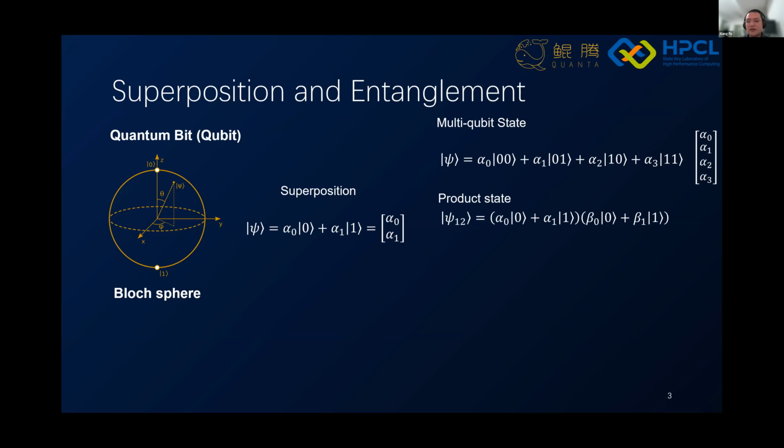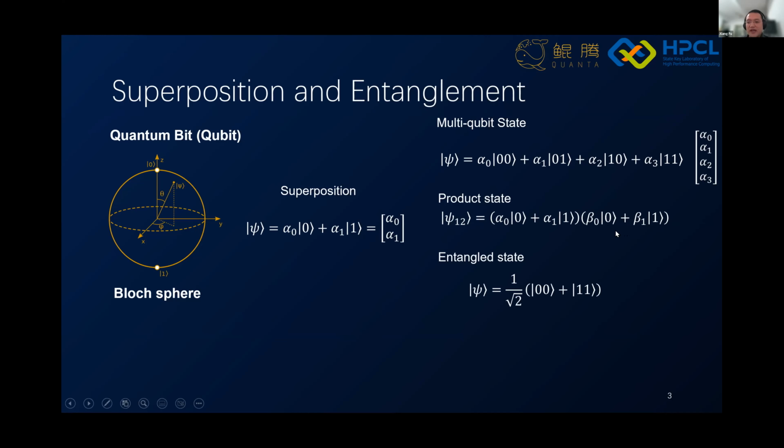Actually, multiple qubits can be in a product state, like this one. In this way, qubits are isolated from each other, so you can represent the state of 2 qubits using the state of each qubit.